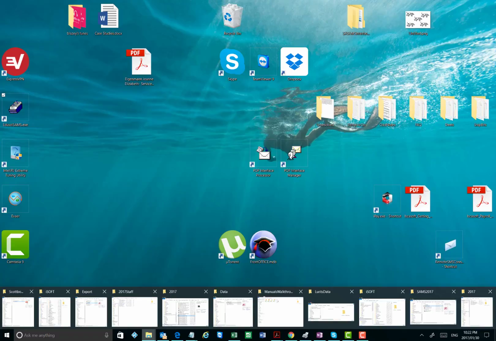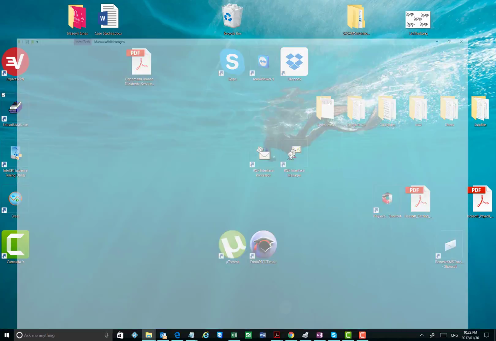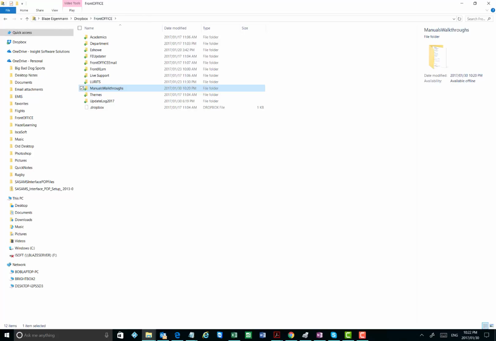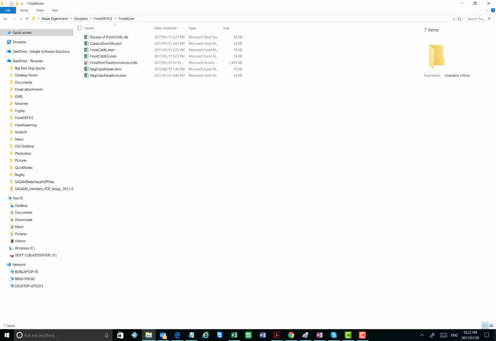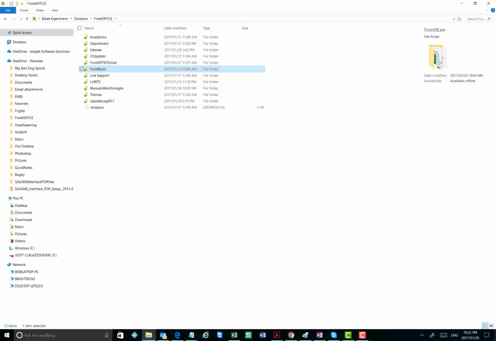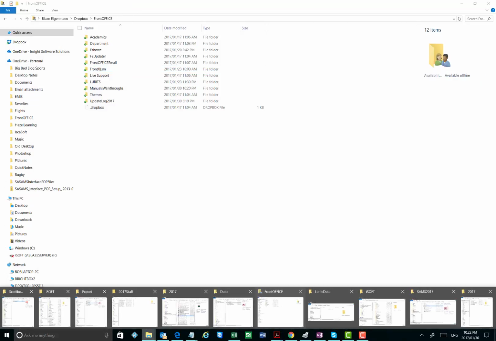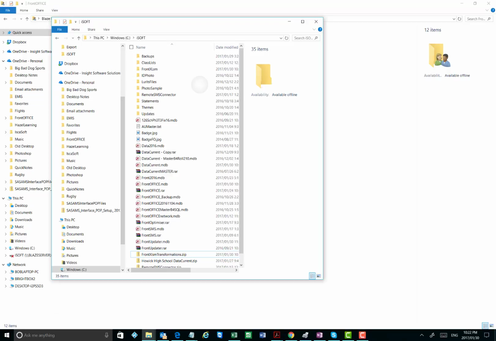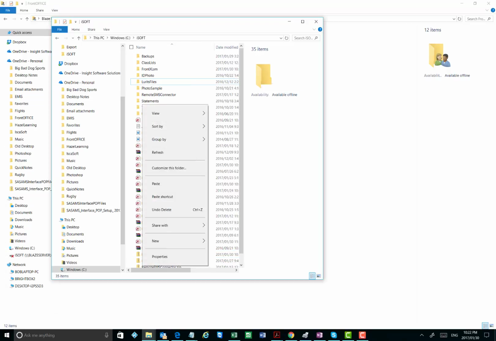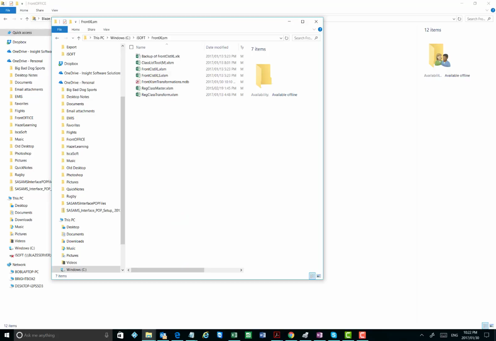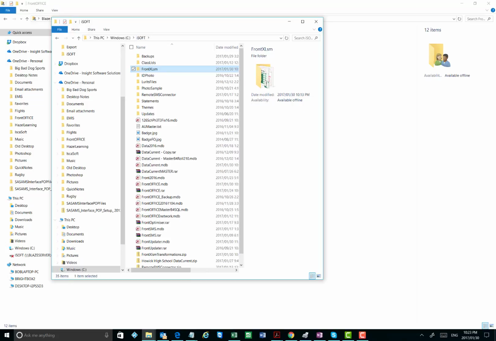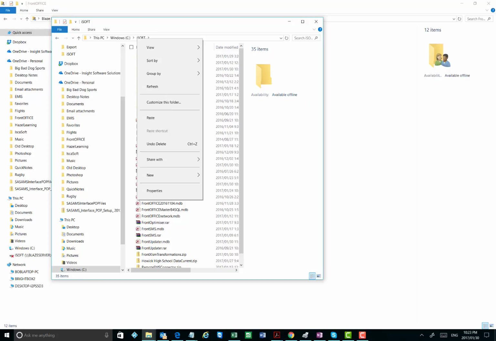Basically, if you go to Dropbox, as you'll know already, it's been there for a while, is the FrontXLSM module. So now basically what you can do is just copy this folder and go to your CIsoft and right click and paste. I've already got it there. And then what you have to do is cut that FrontXLStransformations out of there and paste it into your